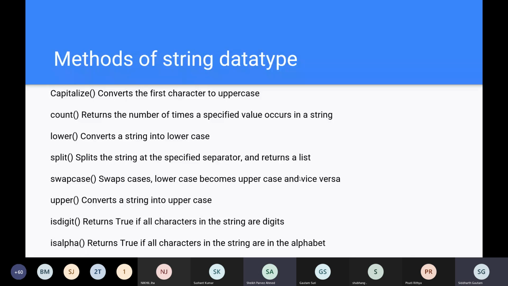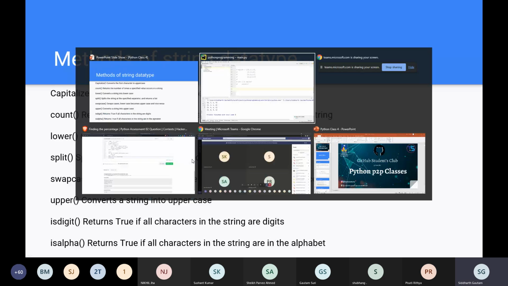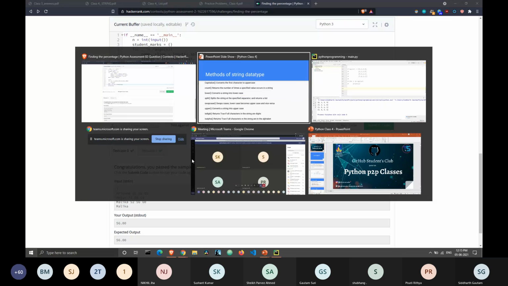You have some string and list resources present in the WhatsApp group. They cover everything from the basics. These are really nice resources. Parvez made them for you, and they cover everything from the ground up, so you will be able to understand it from the very beginning. Take a look at that, and if you have any questions, we will cover them, and I will also take a quick run through those resources. It's 2:15 now, and we will resume at 2:20. Let me just stop sharing my screen.